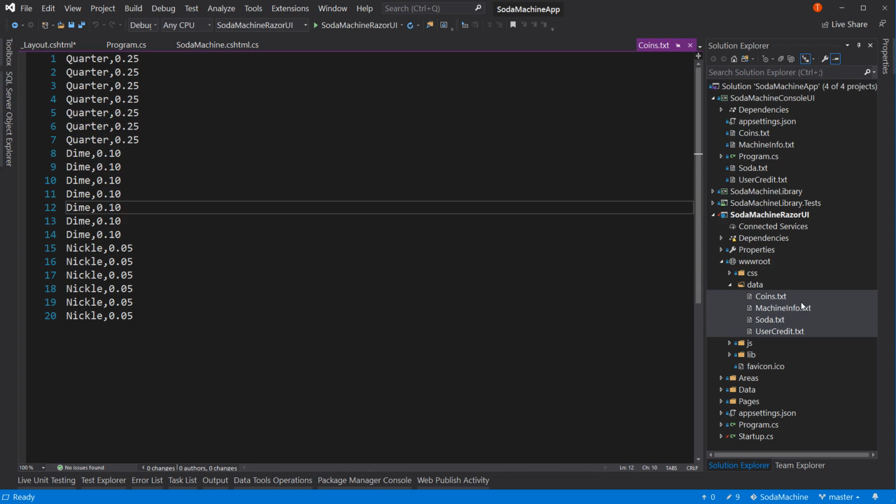If the production application really did want to use text files, and that's not an ideal production solution for anything larger than a very, very small project, if you really did want to use text files,